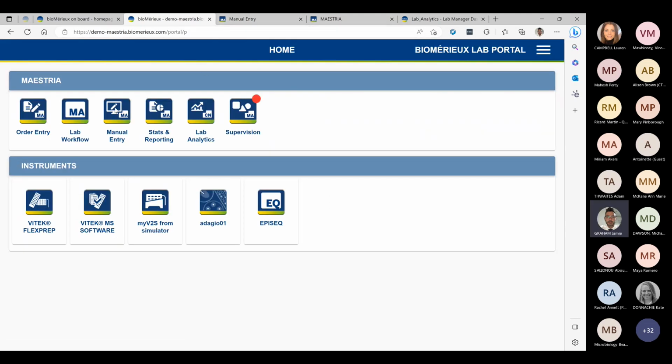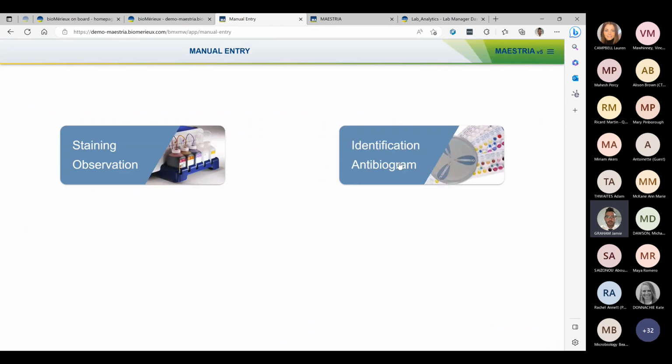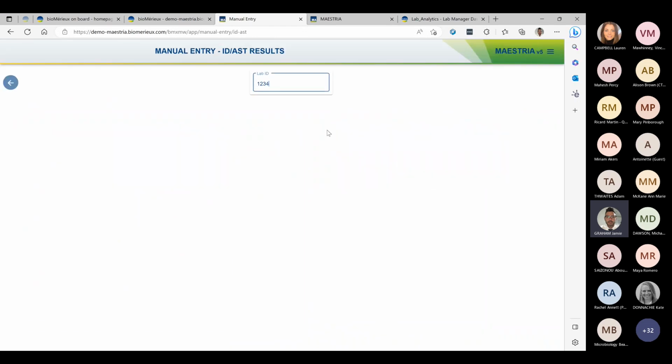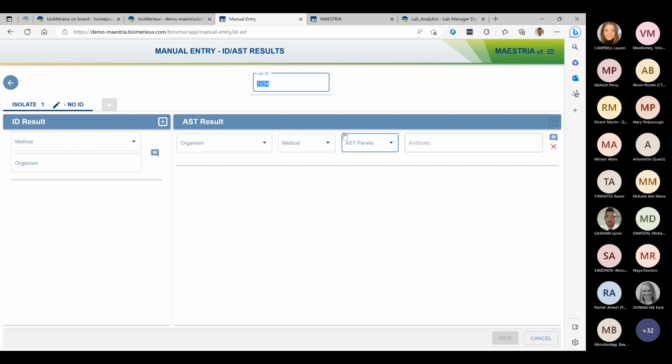So if I come out of that and I go back into the manual entry, I'll show you very quickly also how easy it is to enter manual entry results for ID and AST. So you can see on the left-hand side here, we've got all of the different methods that we can use for entering manual methods for IDs. And then on the right-hand side here, we've got all of the different methods, ATEST, ATB, RapidDec, Kirby-Bauer, that we